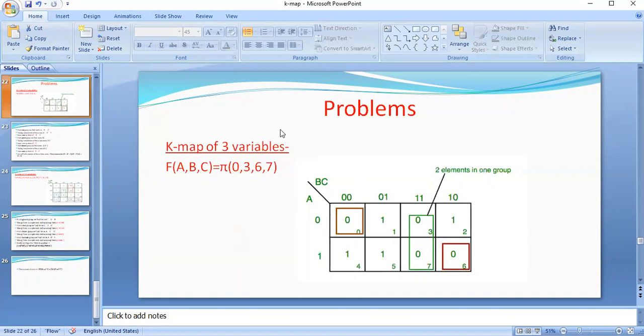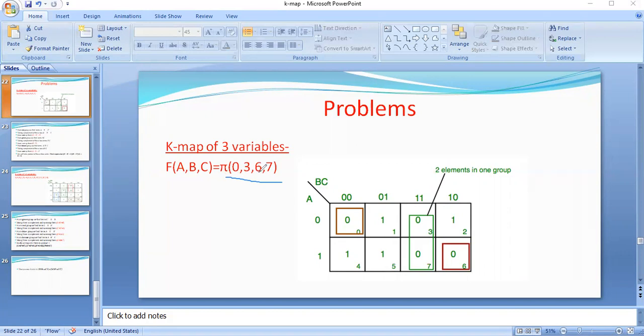Here I am taking an example of a 3 variable K-map where the given terms are max terms, which means the given terms are sum terms. The representation of the K-map is the same. Here we have 3 variables in the given function, so we have to draw the three variable K-map, and the ordering of the variables is also important, so we have to take the variables in order. Instead of summation, here we have pi, which is the product of sums form. Product of sums form means the given terms are max terms.